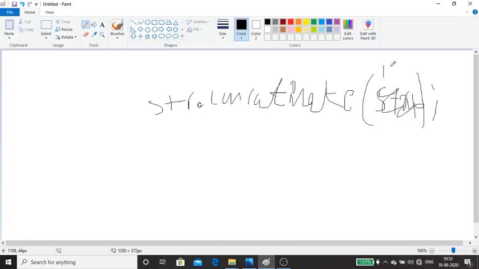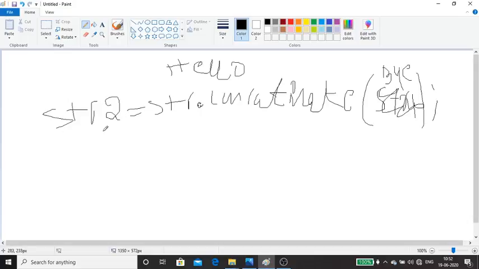Assume here I'll give "bye". So the string contains "hello". Now this should be assigned to some other location. I think you know in the same location we can't modify. That's one of the major drawbacks of your string class. Therefore this should be assigned to some other object. Then only it will concatenate "allow bye". You'll get the output as "allow bye".